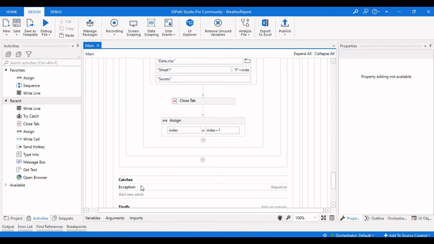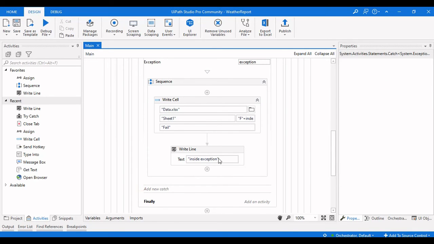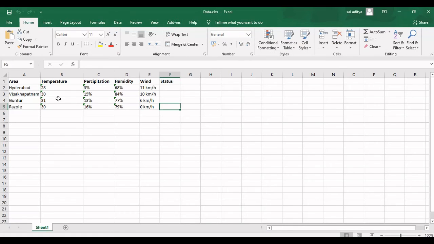So we need to increment the index value again, in order to update the next cells of the Excel. If it fails in Visakhapatnam, then the index value will be 3 at that time, but coming to Guntur, the index value needs to be 4, not 3, so it will update in the 4th row.